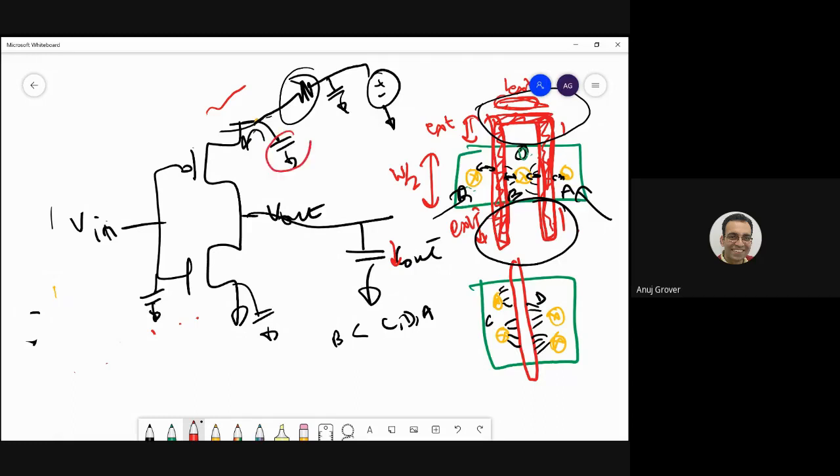If this was a small capacitor and you wanted to draw a lot of charge out of it, I would have larger glitches on my supply. So supply noise would increase. So if my supply capacitance is higher, my supply noise goes lower. It is always good, unless you are intent on switching supplies very frequently, which is rarely done. Supplies are not switched very frequently.